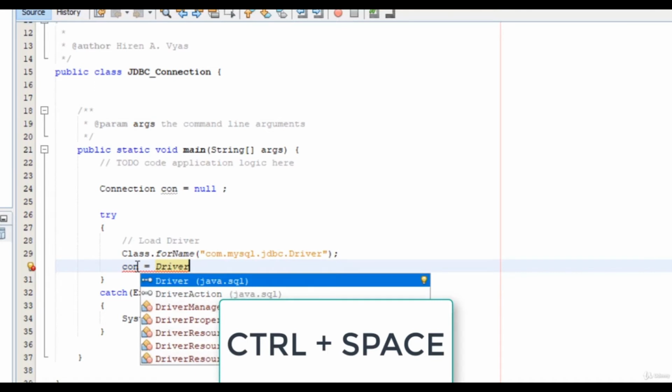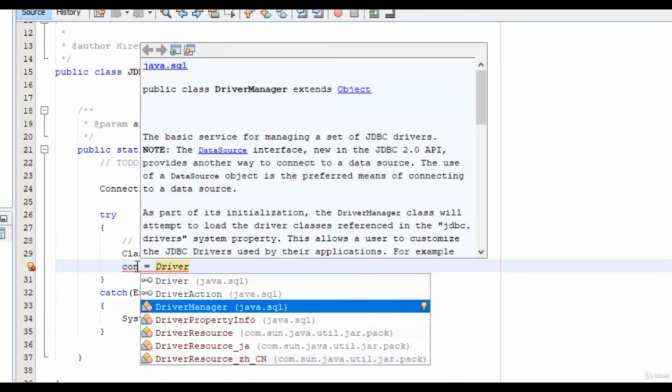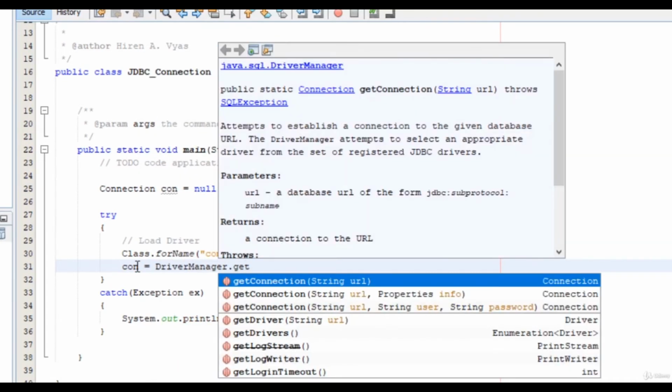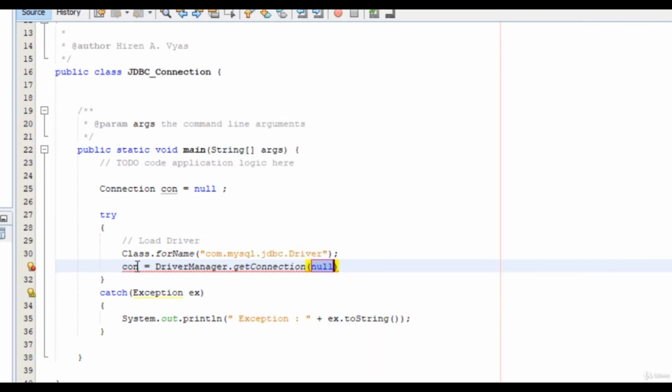Let's use Ctrl+Space for the suggestion, and we have the DriverManager class from the java.sql package. Select it. It has one getConnection method. Use it, and it has 3 parameters. The first parameter is the connection string, the second parameter is the username for the database. For the MySQL database, generally the username is root and the password should be empty, but here in the connection string